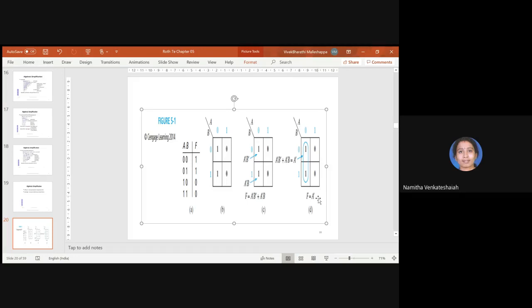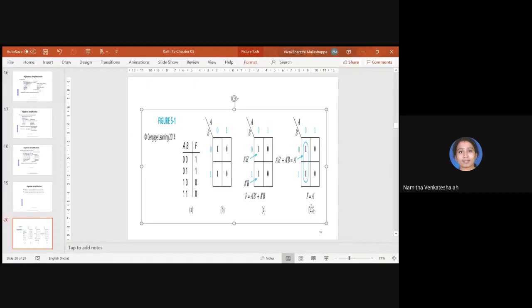That indicates you need not take common and do all the steps. Whenever you do some grouping, whatever the common literal is, that will be equivalent to the function. So you can avoid doing this simplification. You can directly write, after grouping the two minterms, whichever is common, that will become the value of the function. Okay. So we wrote the truth table and we wrote the Karnaugh map.